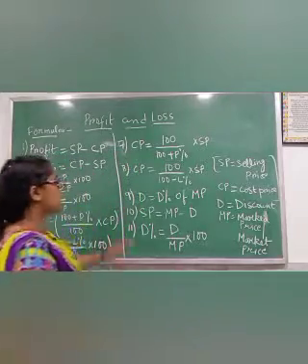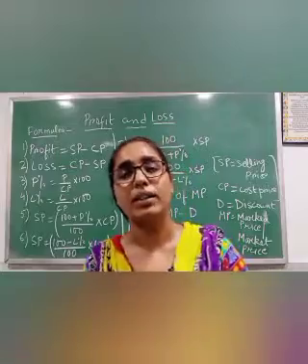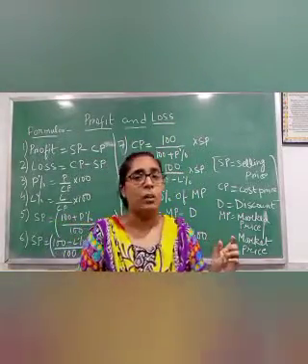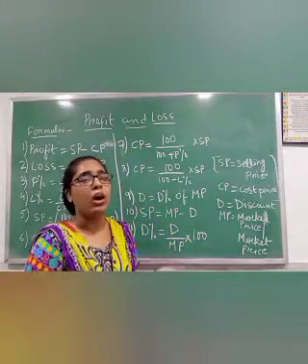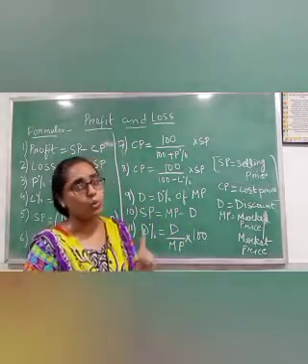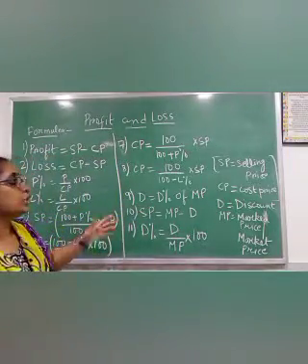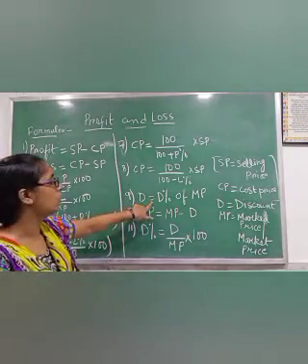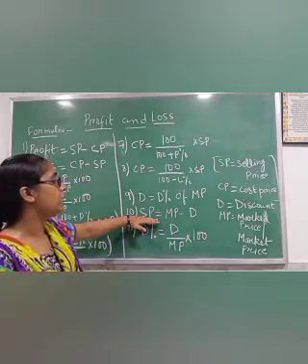Okay. Now discount. Suppose that you are going to market and you are buying one t-shirt at rupees 300, it is written as a marked price, but the shopkeeper is giving it to you at rupees 200. So how much discount is he giving you? 100 rupees discount. So that money is known as a discount which you are getting on the market price or marked price. Okay, so D equals D percentage of marked price.